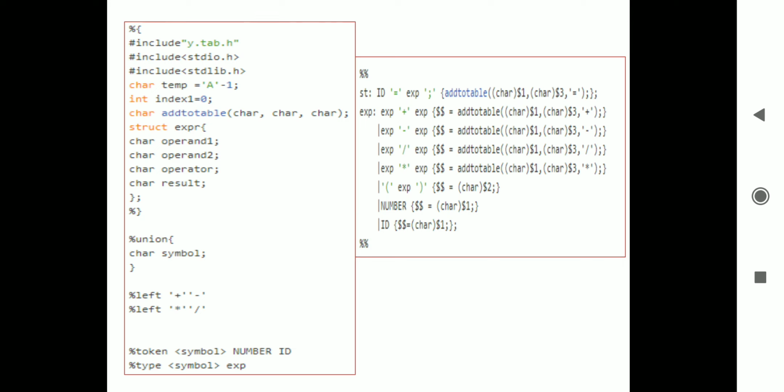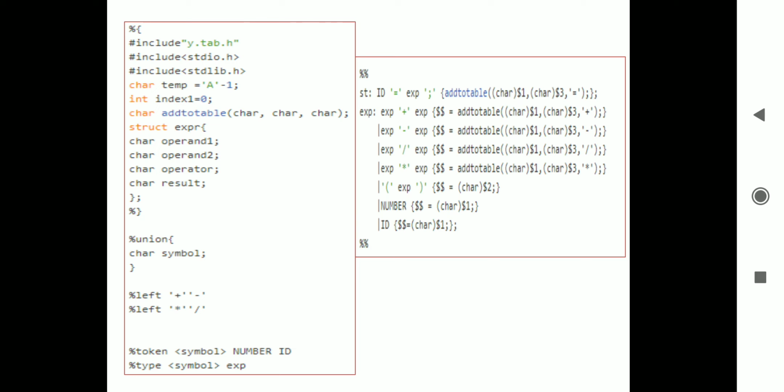While writing the Yacc program, we consider any context free grammar. That context free grammar must be written in the translation rules. Here the context free grammar is given. A statement is an identifier equal to an expression.